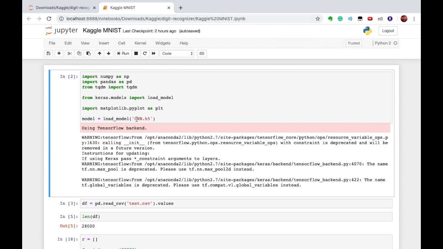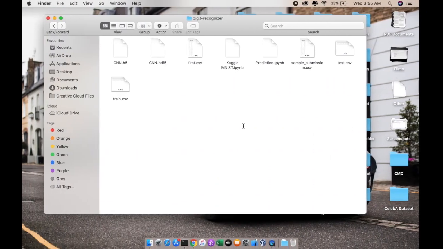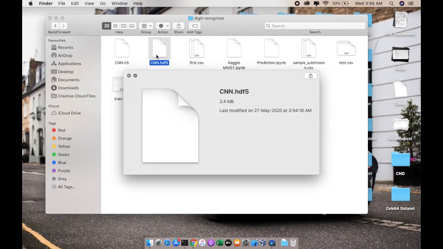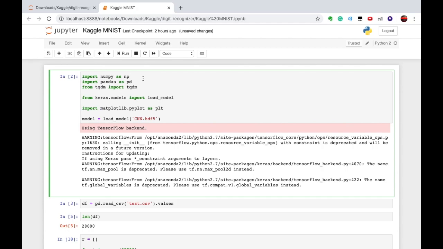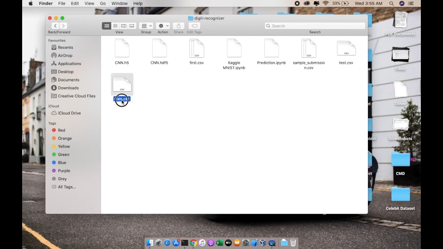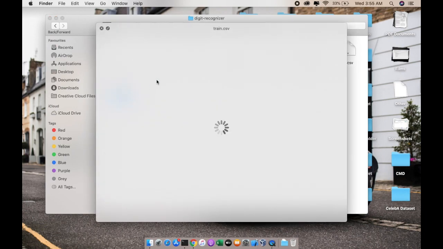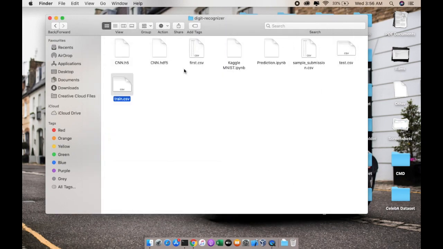So what we are using is the hdf5 model. We are importing this model which we have saved just now. First we are using numpy and then pandas to read this particular test file, for all these images inside the CSV file. We have to make the predictions, and all those predictions I need to write on this sample summation file.